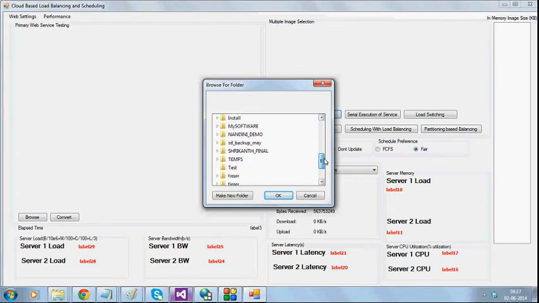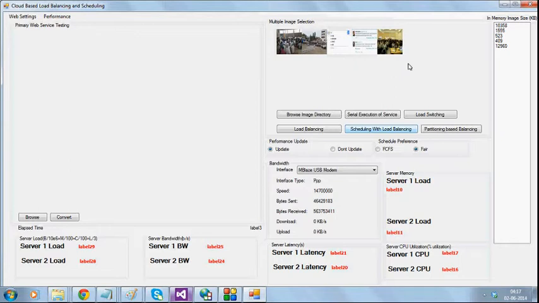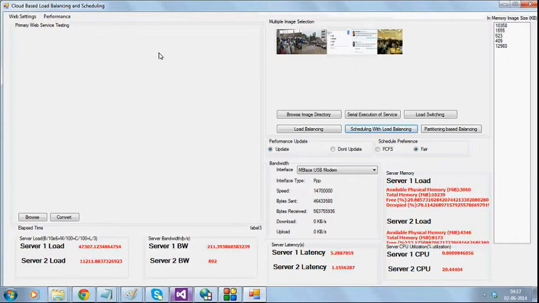Now the concept of scheduling with load balancing is, instead of the game theoretic approach of clustering, here we'll be checking the cost of the server, and whichever is lower cost, the larger image will be sent to that lower cost server. Whichever is the higher cost, lower memory images will be sent to that server, so that load is balanced and time requirement is minimum. However,